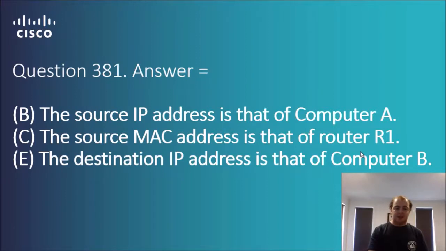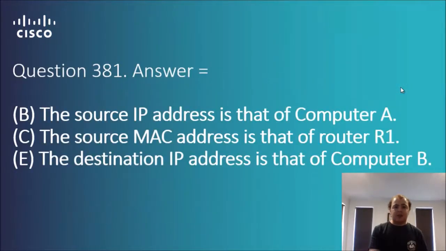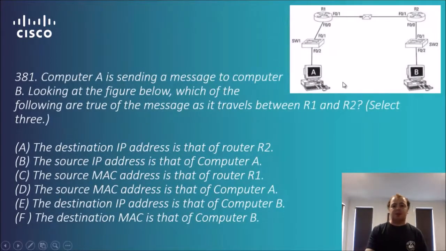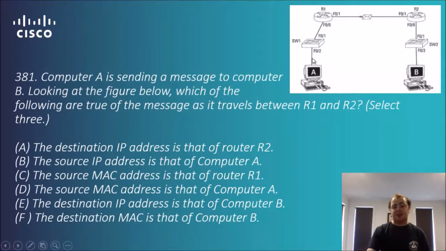The source IP address is that of computer A. That's correct, because it's starting at computer A. The source is sort of where it starts, the destination is where it's trying to get to, to explain that one simply. The source MAC address is that of router 1. Again, we're not really dealing with MAC addresses from the computer. It's where it sort of starts transferring the data, which is what routers are primarily responsible for. And then destination IP address is that of computer B. That's obviously correct, because A is the source of the IP address,